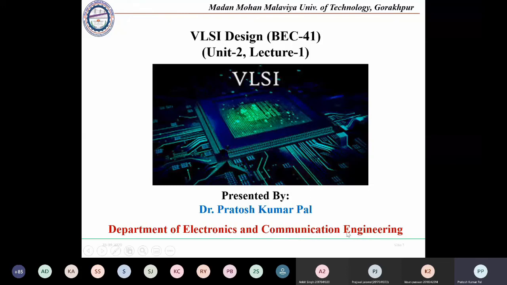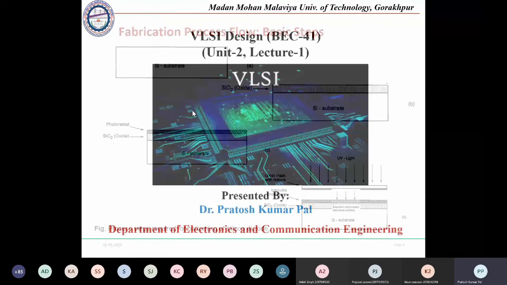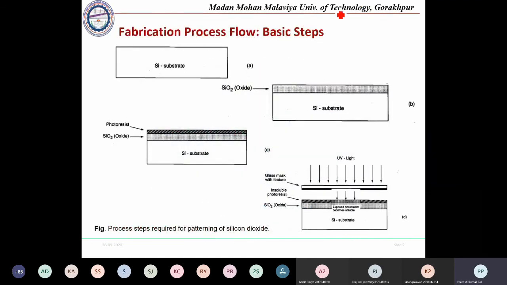In the second unit, we will basically be going through the MOS device. So MOS device physics will be there. In this unit, we will be going through the MOS system. Like we will be first fabricating